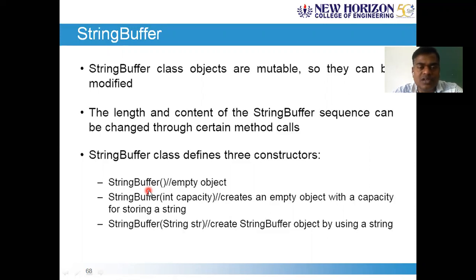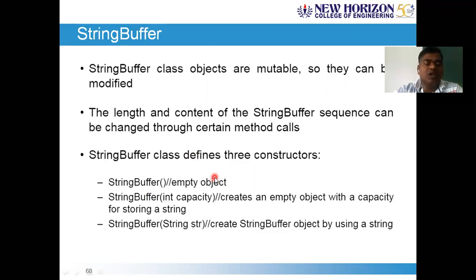Whereas in case of a string buffer, once the string is defined, you can perform concatenation, or you can append, or you can delete some of the characters in between. All those operations are permitted in case of a string buffer. As it supports string manipulation and modification, that is nothing but mutable, and obviously the length may vary.